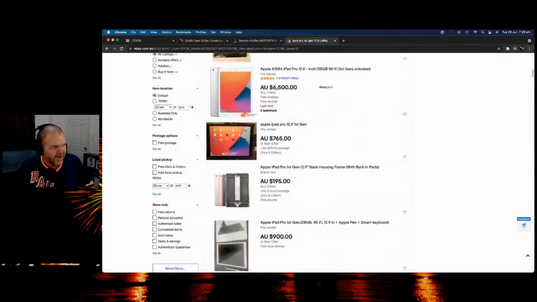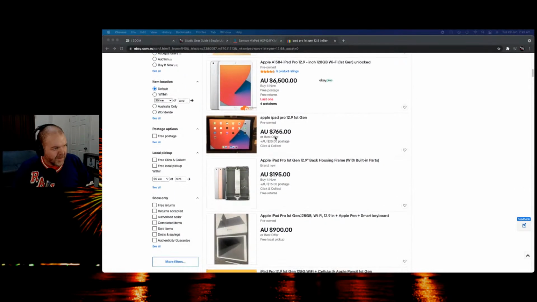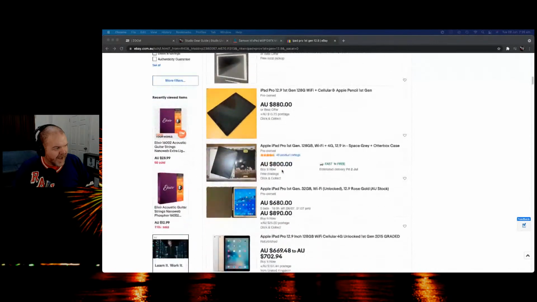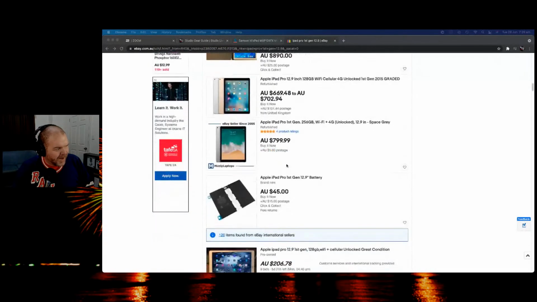Yeah, what we're going to look at, let's just go to our old friend eBay and see what an iPad Pro, what can we pick up in decent quality? iPad Pro first gen 12.9. Let's just see if we can pick one up. Oh, there's a locked one there. Here's one, pre-owned, $765. So is it going to be worth me doing any of this? I bought it secondhand for $500, so $880, $800, $700, $799. So is $900 going to be worth it? Heck no, not going to be a thing.